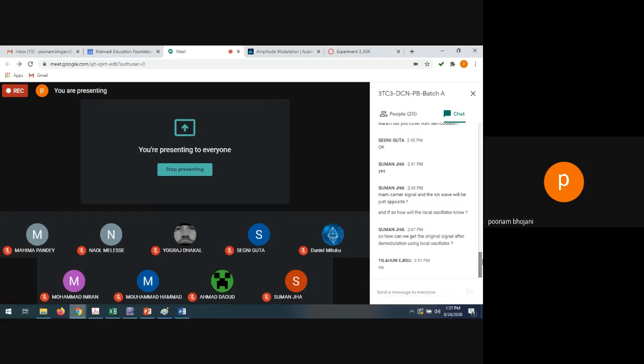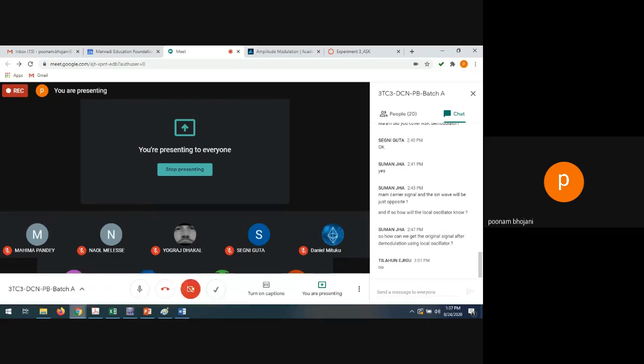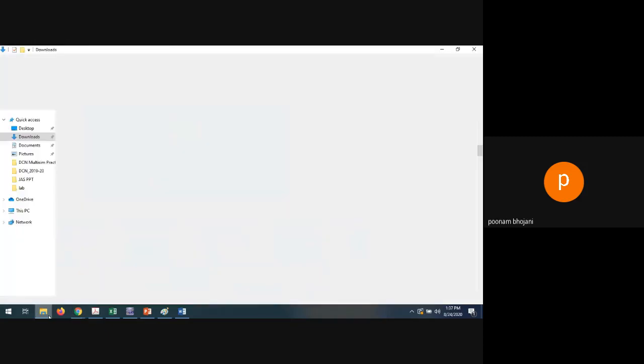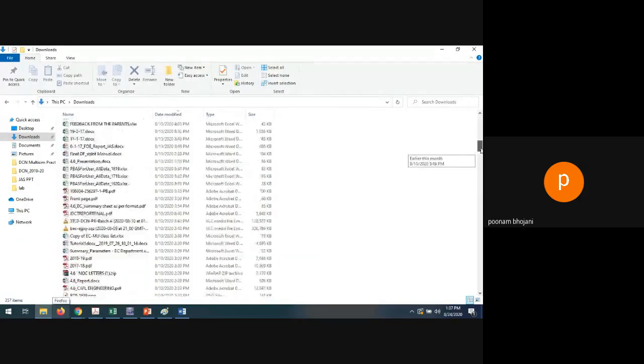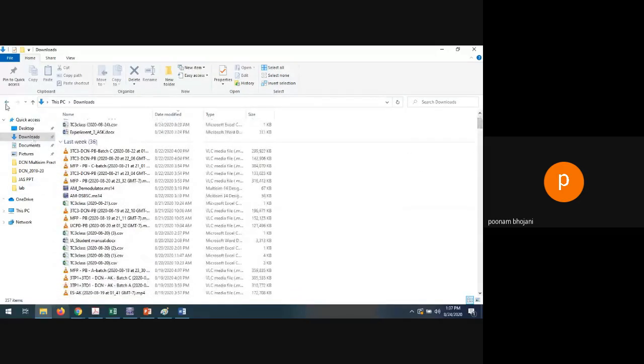Okay. So let me tell you the next experiment we are going to perform will be line coding, right? So the line coding theory part is already covered in the lectures. So let me tell you in the line coding experiment, what is the task? Actually, the task will be done by the user. So we have given one worksheet for the line coding experiment. So let me show you that, so that you can do it later whenever you get the time. So let me show you that line coding, just a minute.